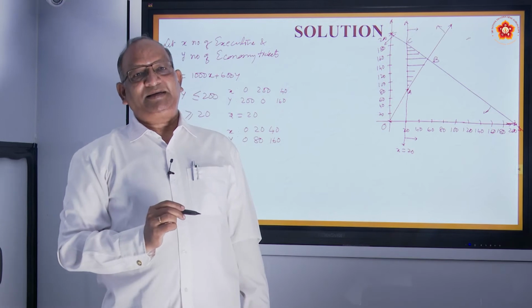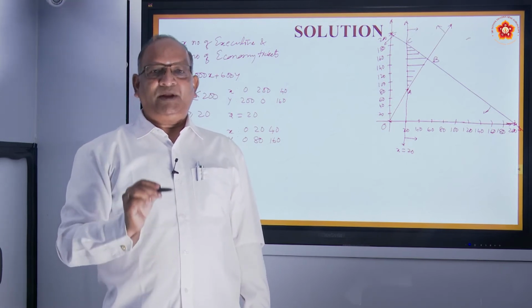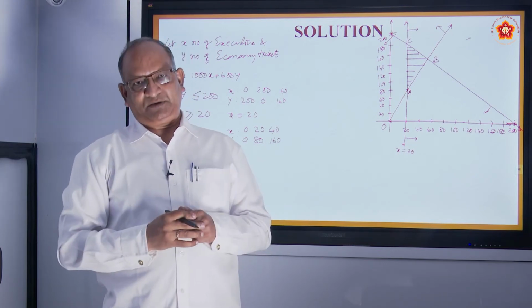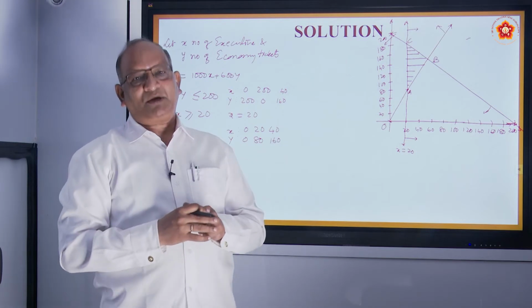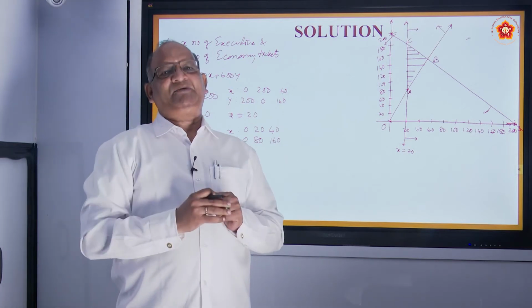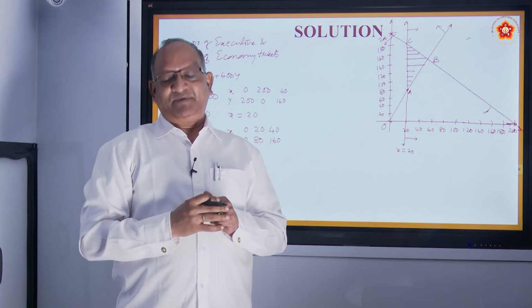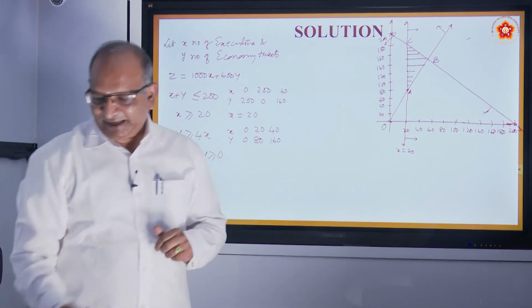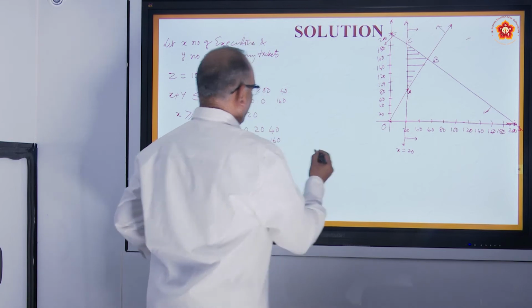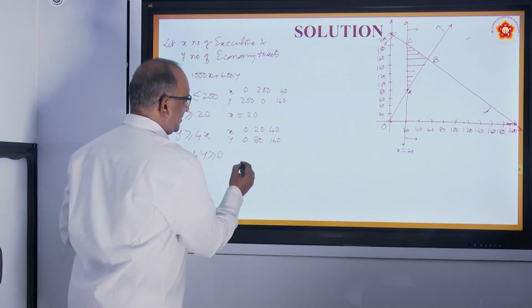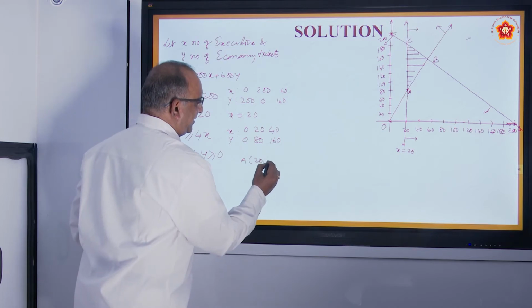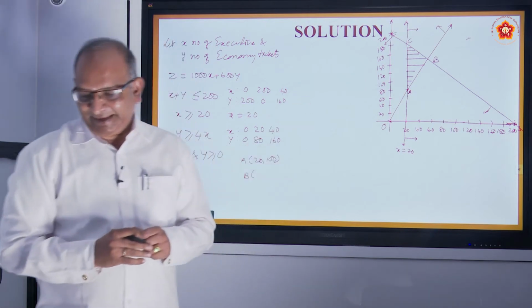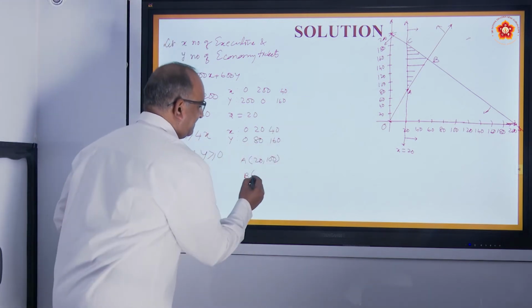Now what is important is to know where they are meeting each other. When you draw these things exactly on a graph paper, it is very, very easy to find out. Since we have done everything approximately, we will just write down the correct values so that there is no mistake in solving the problem. The first point A is 20, 100. The point B is 40, 160.